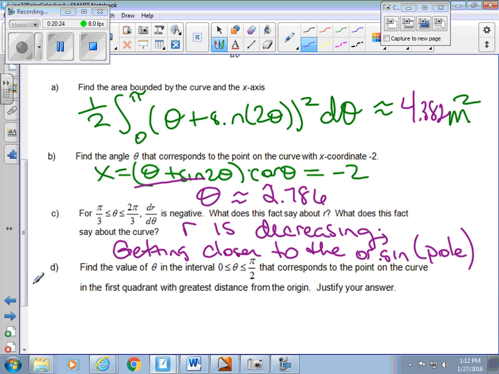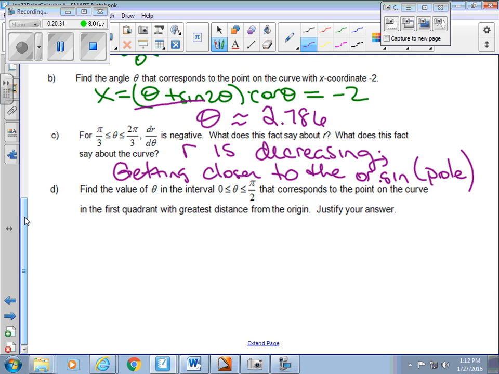Well, what would you do? Definitely plug those into dr/d theta, but what else? Those are the endpoints. Are you taking the math? Yeah. You just grab one and go for it. I also need to check the derivative and see when it equals 0 and see if there are any other